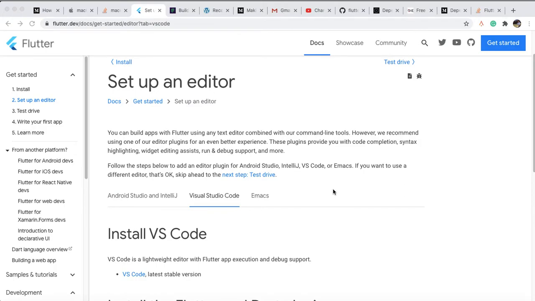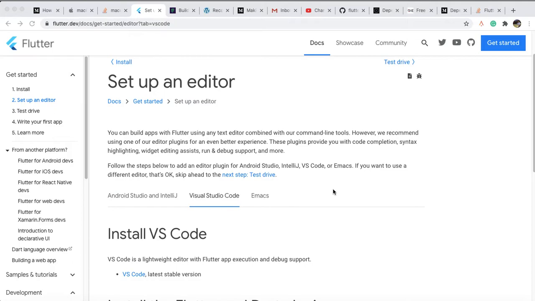So in the last session we have seen the Flutter setup by Terminal, right? So in this session we will learn how to configure an editor or IDE for Flutter development. Flutter is a plugin or SDK that can be installed on any IDEs. So we can use Android Studio, or we can use VS Code or any IntelliJ IDEs.